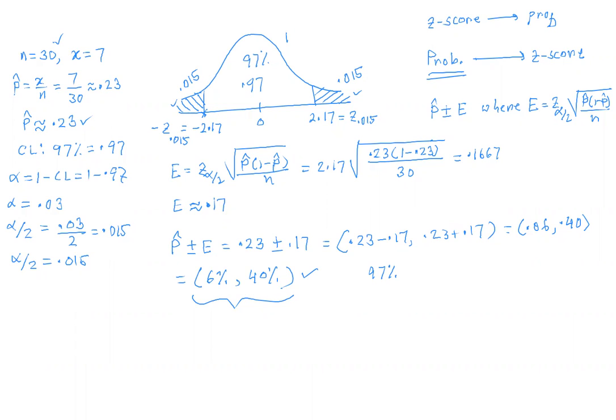So if you made, let's say, 1 million confidence intervals, approximately 97% of that, which is 970K, will include the population proportion, okay? Whereas about 3% of that, which is 30K, will not